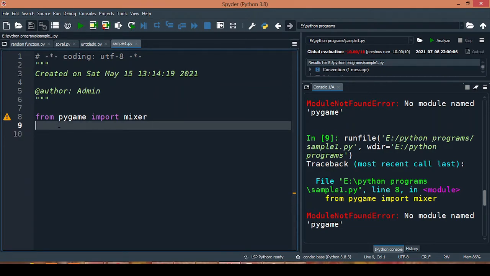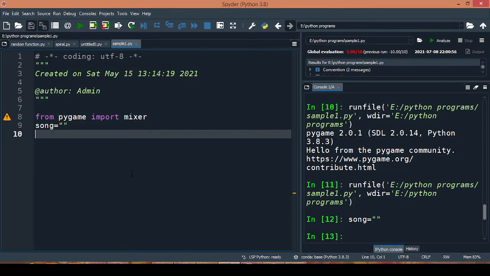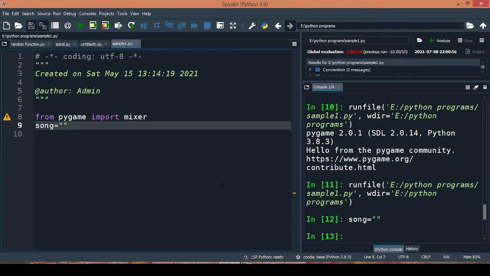For this I'll take a variable, maybe song as a variable name, and in this I'll be using the absolute path, as the music file is not stored in the same folder where this file is stored. This Python file is stored in another location, whereas the song file is kept in another folder. So I'll put the absolute path here.